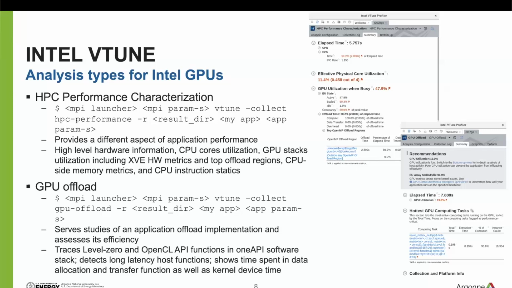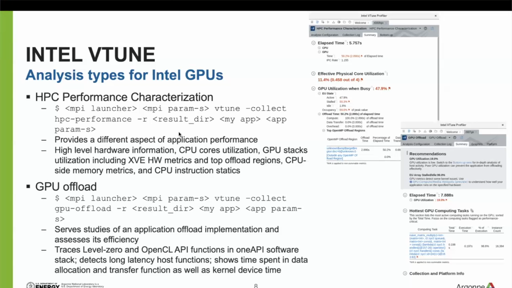After looking at that, if you see a lot of stalls and issues on the CPU side, you may need to go into the CPU analysis more. And if you see the GPU part is slowed down and has very low utilization, you may need to go into the GPU analysis. So this is the first step for the analysis. And then once you see the CPU part is okay and the GPU part needs to go deeper,